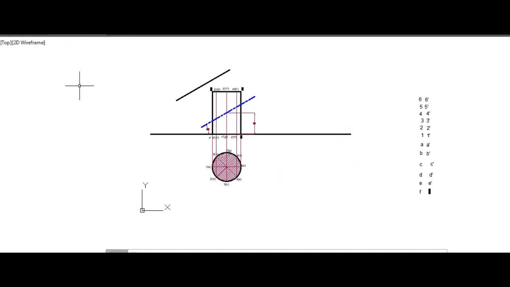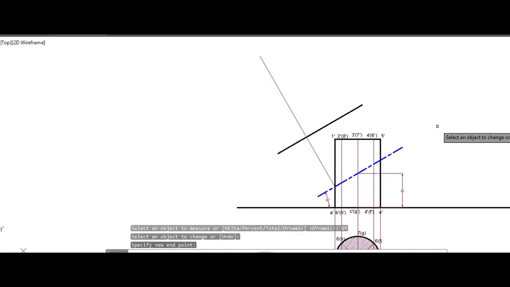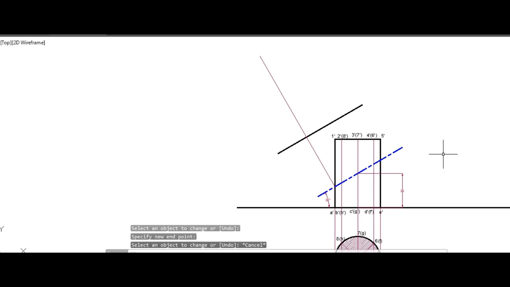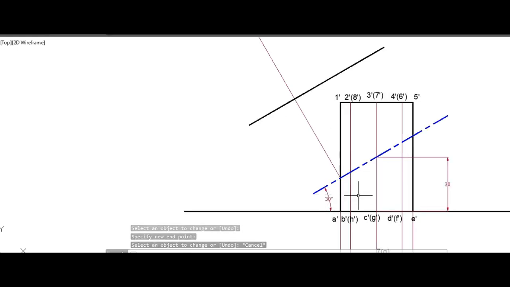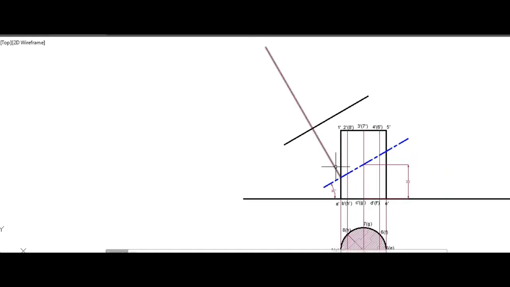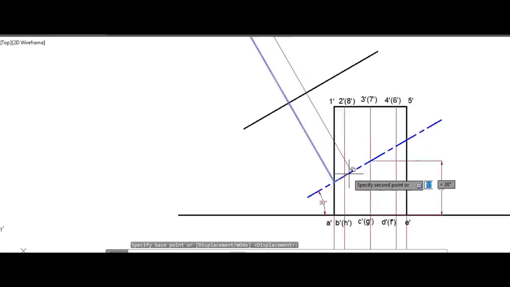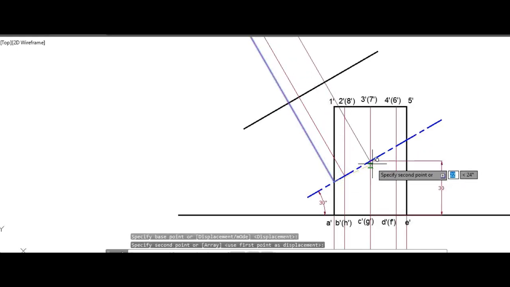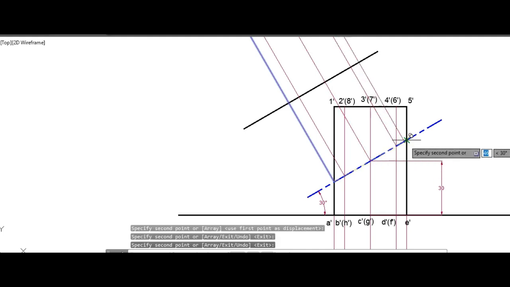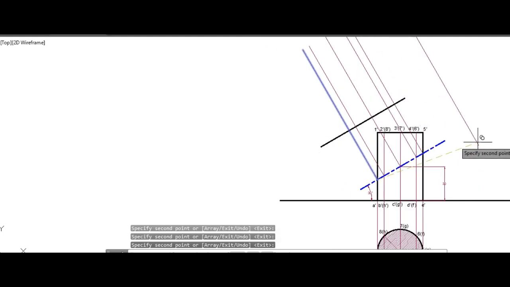You have to draw lines perpendicular to it. So let me project wherever it cuts. It cuts A dash 1 dash here. We project it. Similarly it cuts the other parts accordingly: B and H here, C3, similarly this one and the last one.